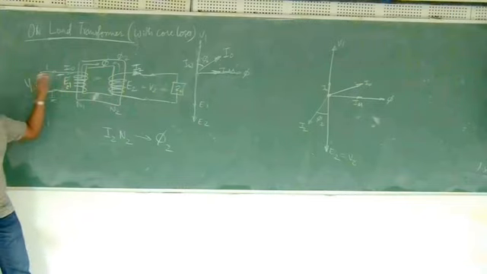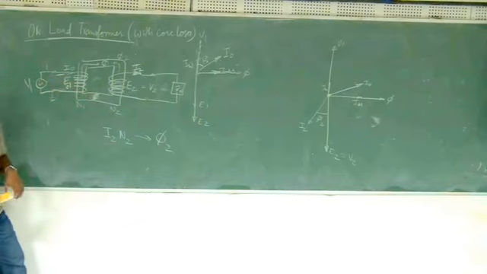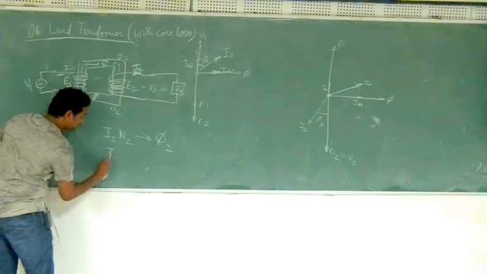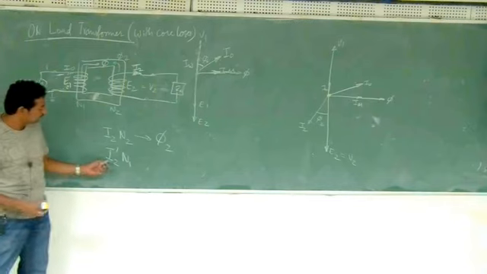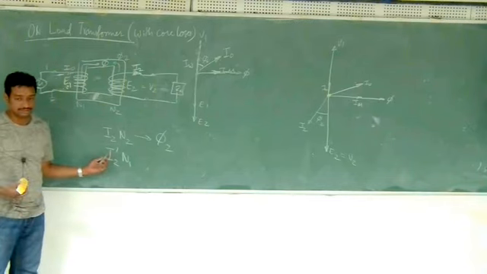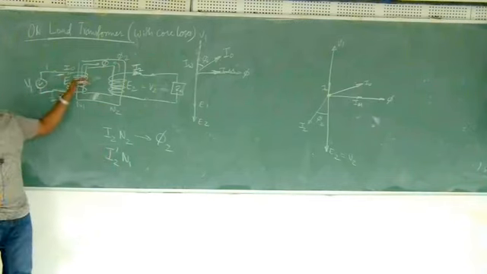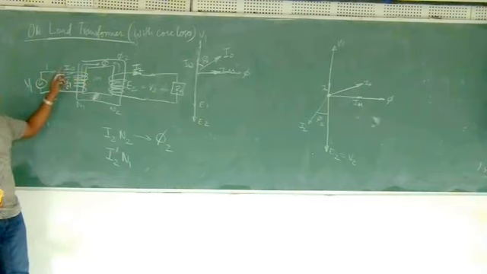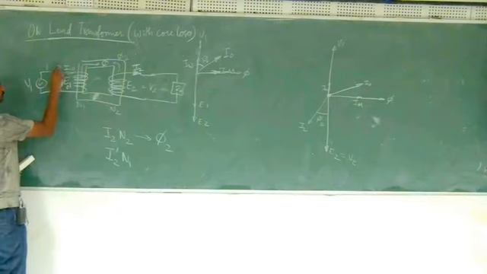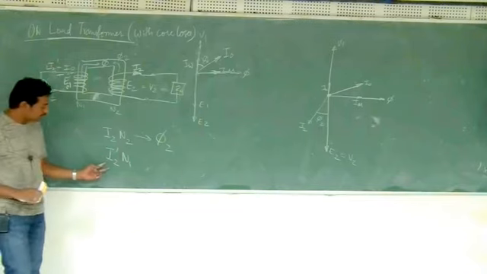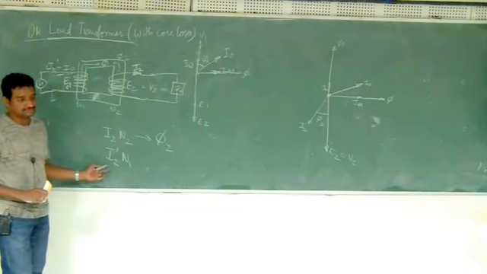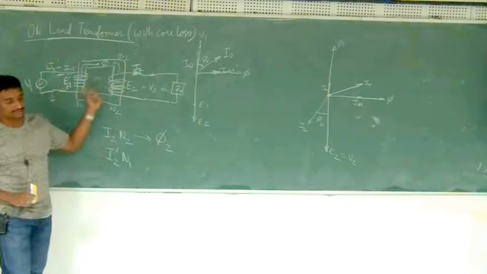Suddenly you start pushing more current in. Okay. Now how much current do you send? Let's call it I2 dash into N1. See, why I am writing I2 dash is because this is unknown. Actually, I don't know how much current, but I know that some extra current is going. So I don't want to disturb the earlier current I0, which is already there. So I get an additional current plus I2 dash. Okay. I2 dash is that current which is a result of flux becoming weak.